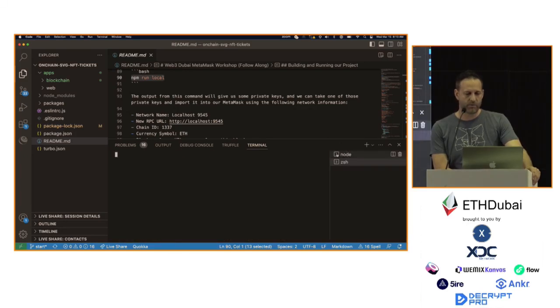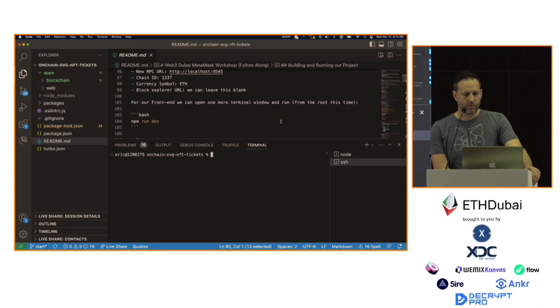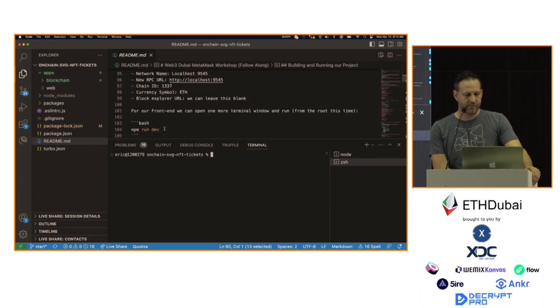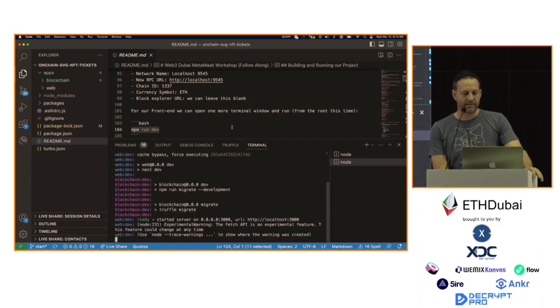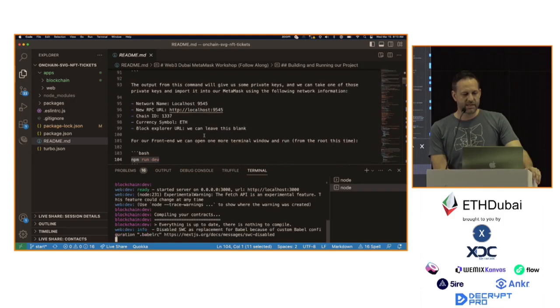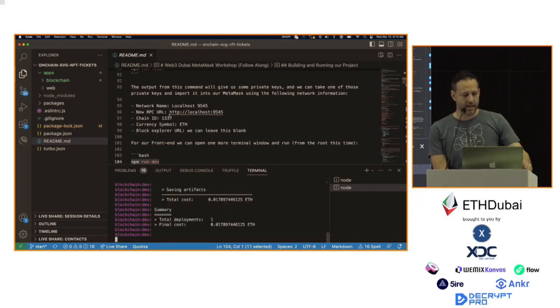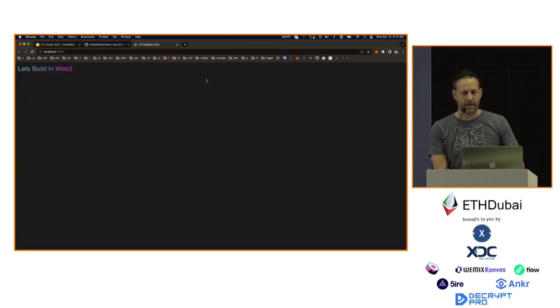We're going to open up a new terminal, and that's where we'll run our dev. And we need to do a few other things really quickly in our MetaMask wallet to get to a point where we can test this application. One is that we need to create a network, like a local network that we can hit with our MetaMask. So I'm just going to make this a little bit smaller